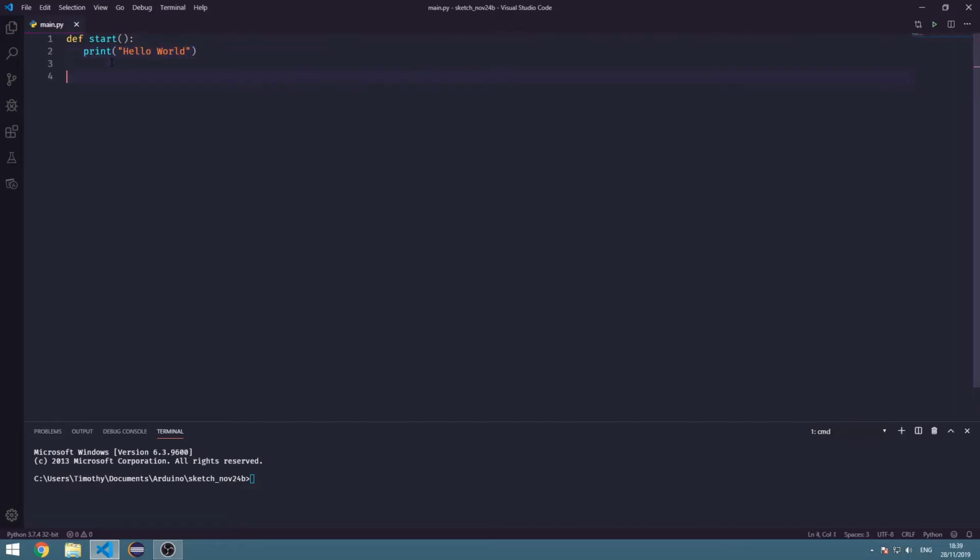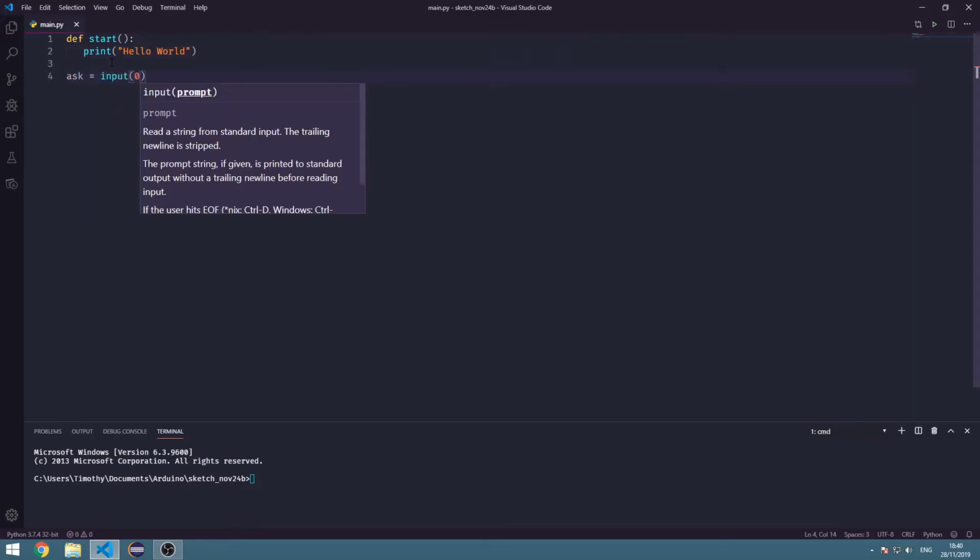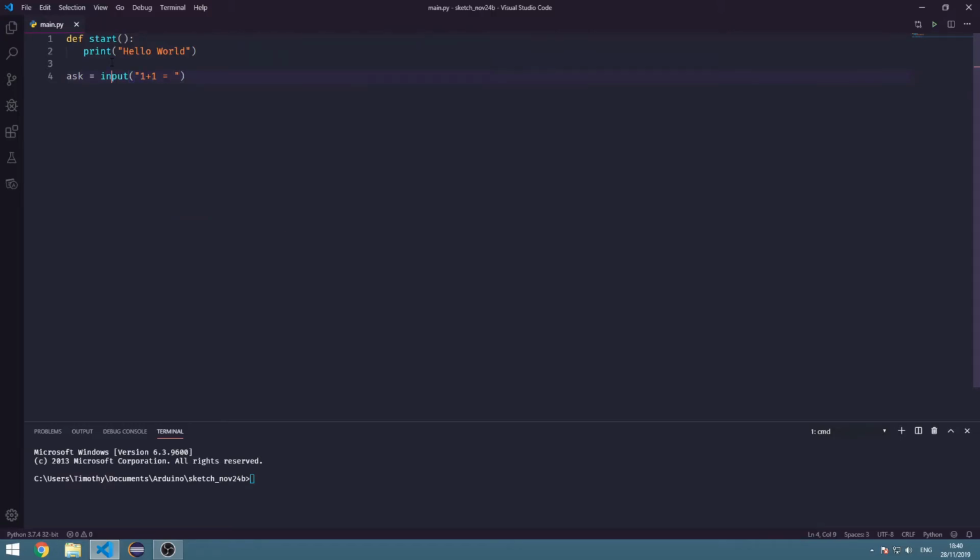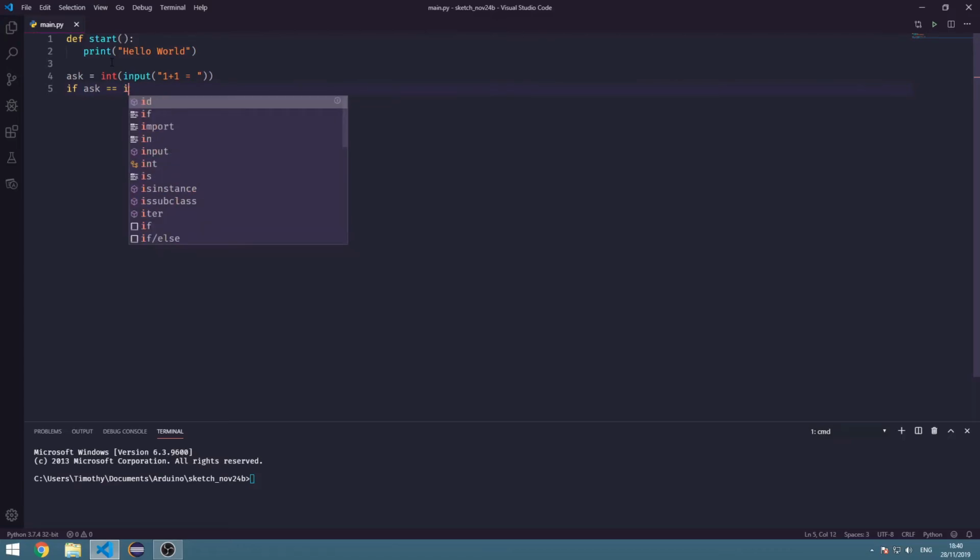So let's create an input variable, for example. So ask equals input. For example, let's create a math question: 1 plus 1 equals, and then we should make it an integer, so int. So ask, if ask equals 2,